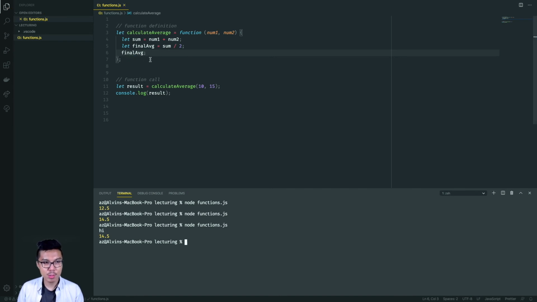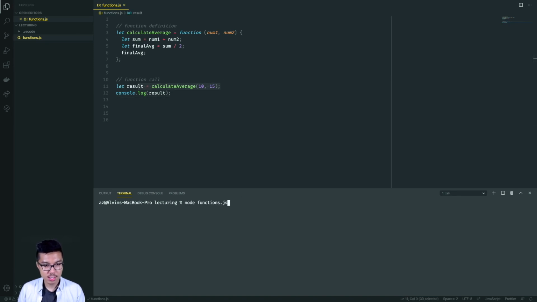So bear in mind, there's only one console.log in my code, and it's going to try to print out the result of my calculate average. When I run this code, we get some interesting behavior. Notice that we see undefined. And try to recall where we've seen undefined before, right? We got it when we used an illegal or invalid index when looking inside of a string, right? Recall that undefined is the common default value in JavaScript. And what we're saying here is if a function doesn't have a return statement, then by default it returns undefined,